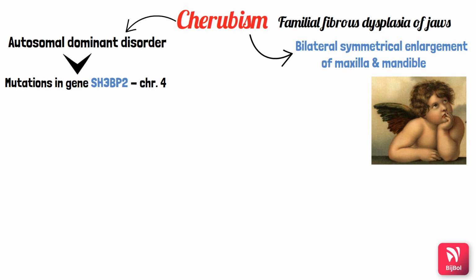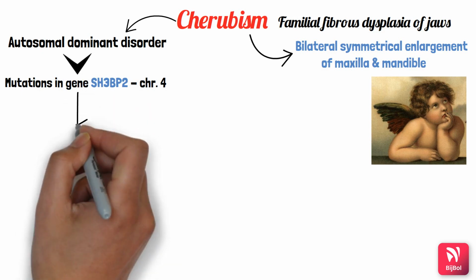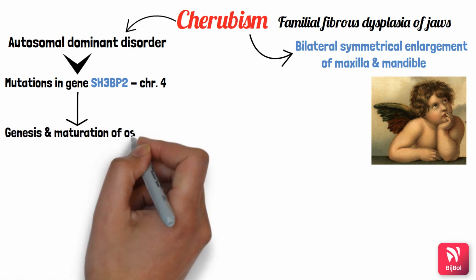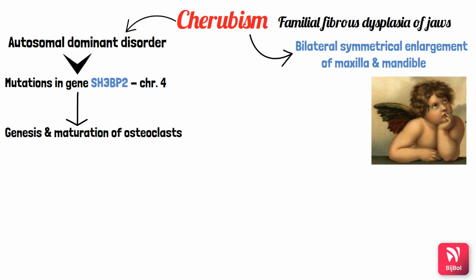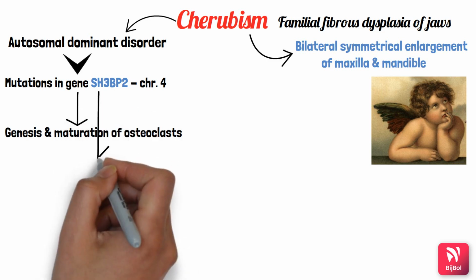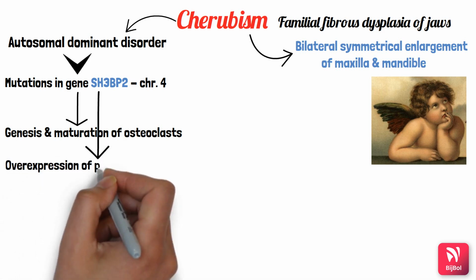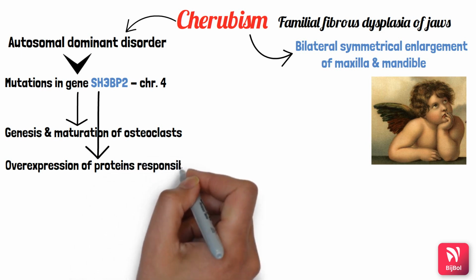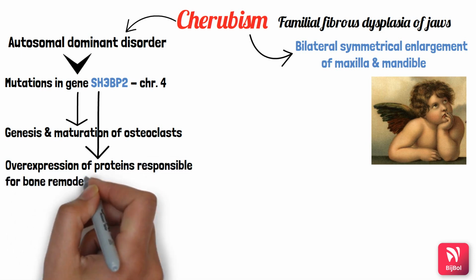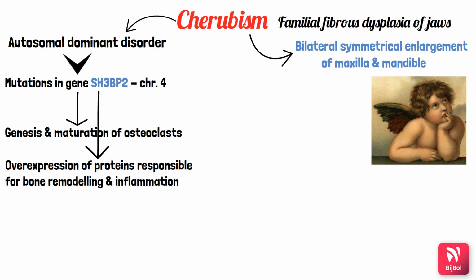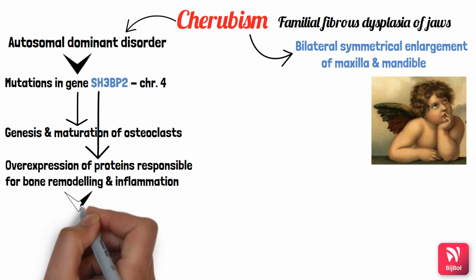Actually, this SH3BP2 is helpful in the genesis and maturation of osteoclasts. So because of the mutation in this gene, osteoclast genesis and maturation will be defective. Other than that, there will be overexpression of proteins that are responsible for both bone remodeling as well as inflammation. And because bone remodeling as well as inflammation are defective in this disease, they result in multiple cyst-like